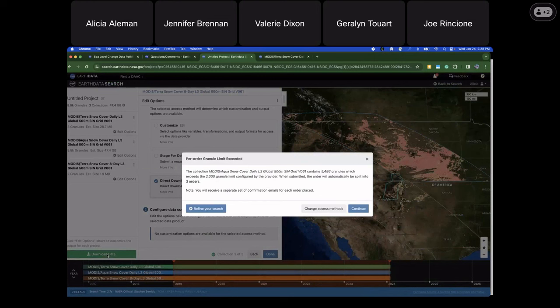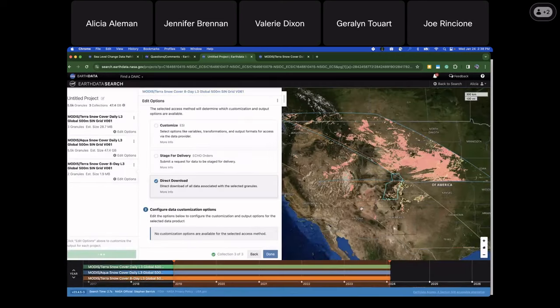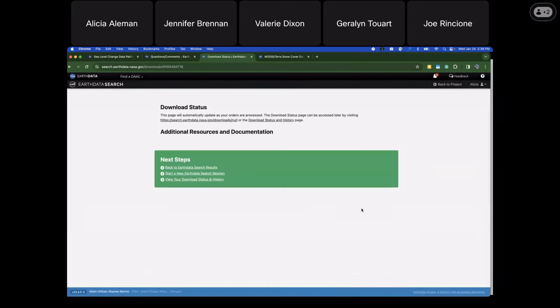And you'll notice there's a pop-up that tells me that this particular data provider has some limits on the number of granules or data files that you can download at the same time. So this is telling me that my order has exceeded the 2,000 granule limit, and that they're going to split this order up for me into 3 different orders. Well, I'm okay with that, so I'm going to continue. But if you wanted to refine your search at this point, you can do that by just hitting refine your search. So I'm going to hit continue, and then the application is going to take me to the download status page,